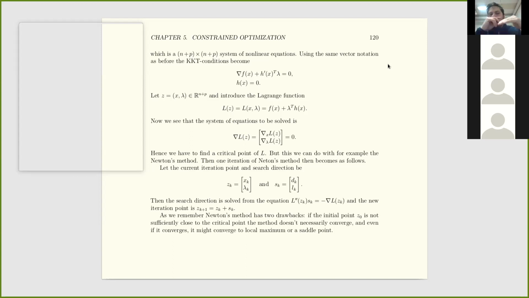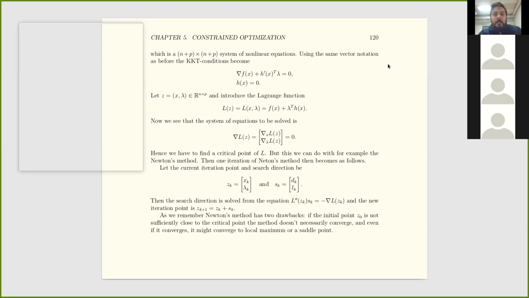And because there are some number, let's say p, of those equality constraints, this becomes an n times p matrix times lambda, which is a vector of p lambda coefficients. Those are called the Lagrange multipliers. And then we can introduce what is called the Lagrangian. It's f of x plus lambda times h of x,